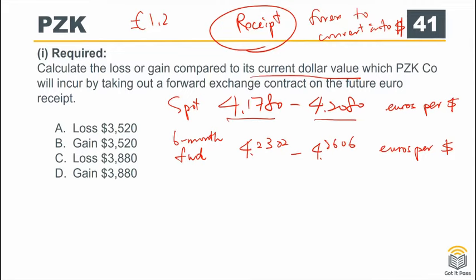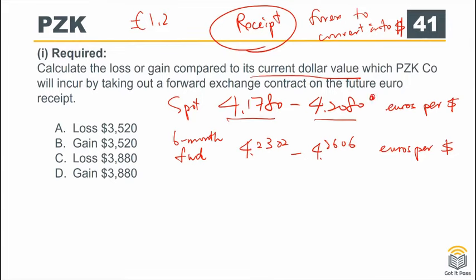First of all, you have to identify your position, whether you are receiving or you are paying. If you are paying, it means you are paying more in terms of local currency. If it is receiving money in foreign currency, then converted in local currency, it means you can only convert less instead of more. So for these two spot rates,